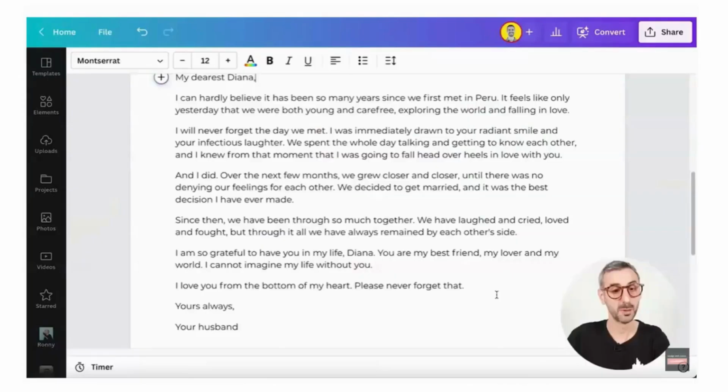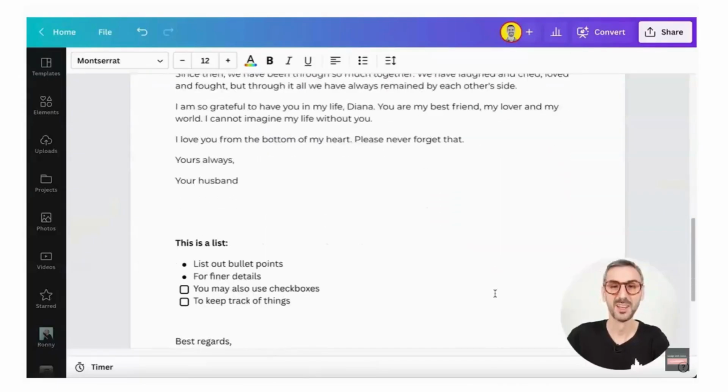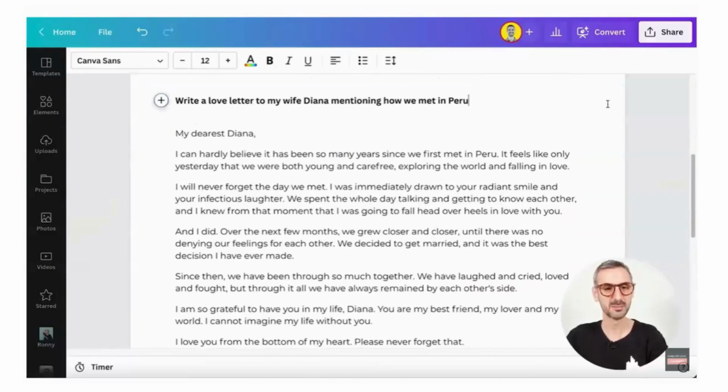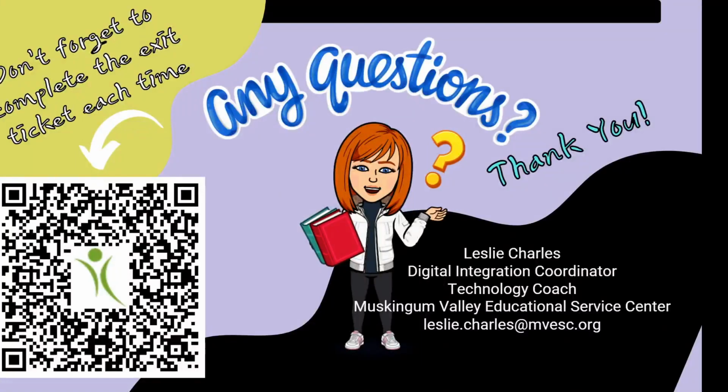This is weird. I mean, this is so accurate because we did spend the whole day getting to know each other on that specific day, and we did end up getting married. But yeah, wow. I'm kind of like shocked, to be honest, but this was very accurate. Guys, Canva nailed it with Magic Write. All right. Okay, so that was Magic Write.